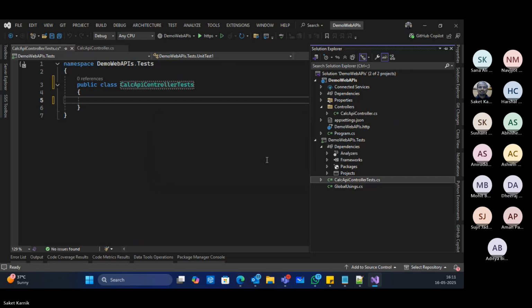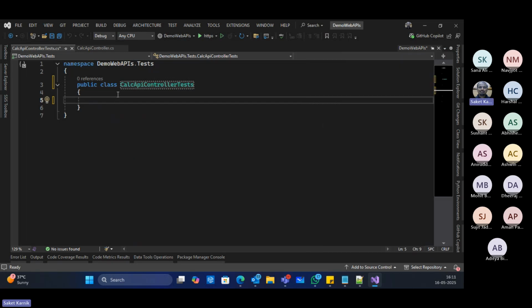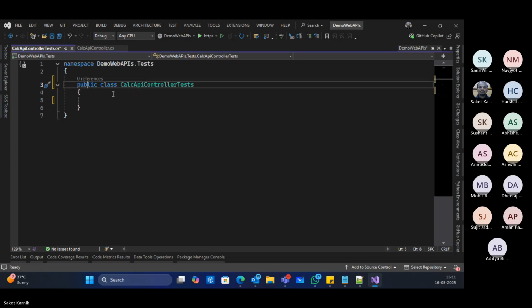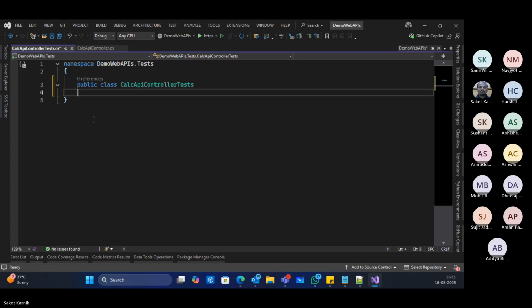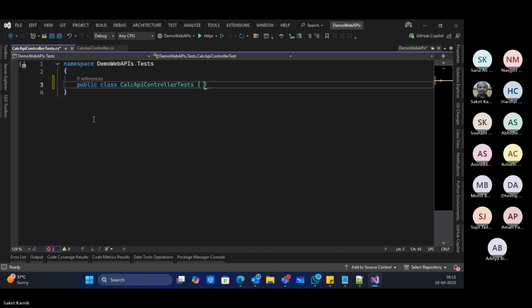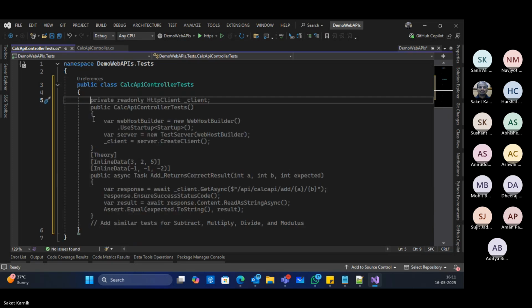Okay. And yes. So if it was not suggesting this by default, you can probably just remove the curly braces and put them back.